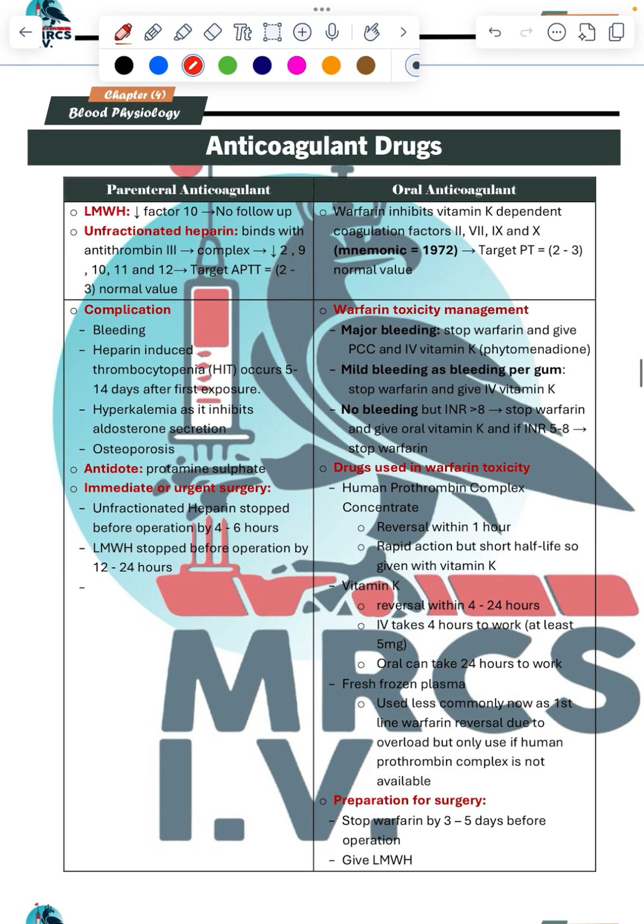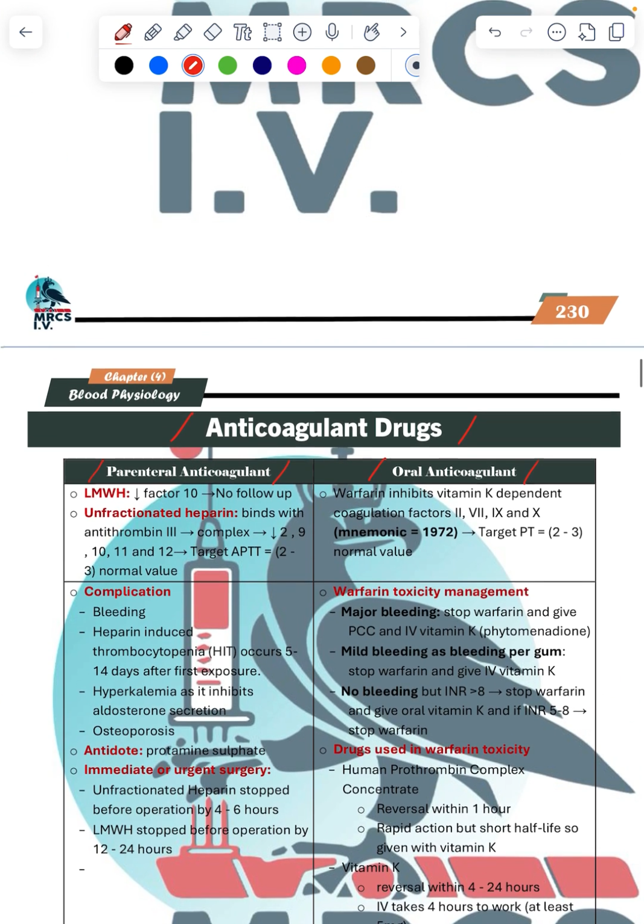This is another thing which you are asked about this table, anticoagulant drugs. To understand this anticoagulant, anticoagulant means preventing the coagulation, either parenteral, IV or oral. So to understand this